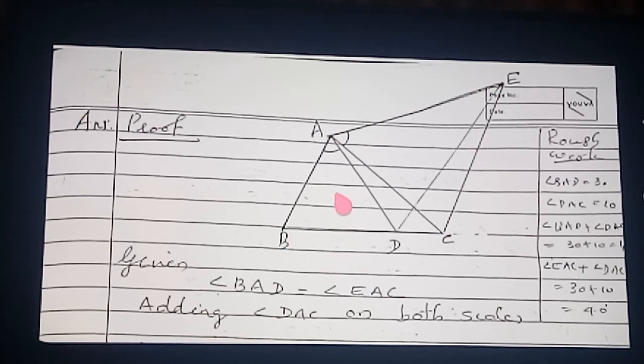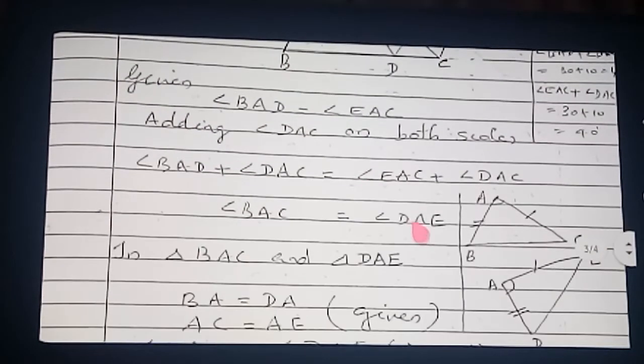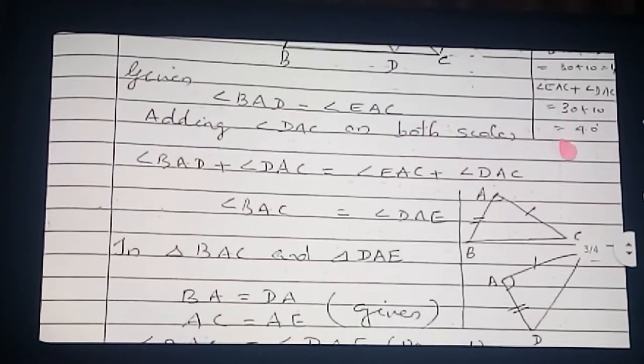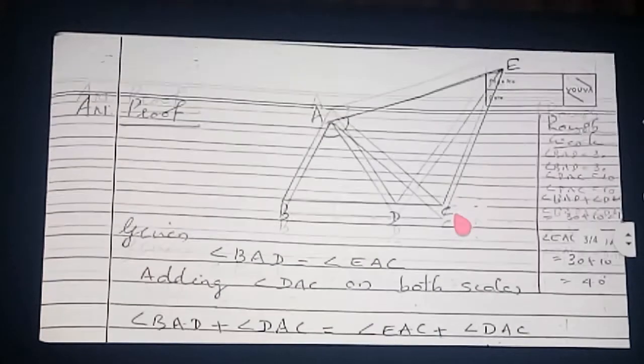So I drew a separate diagram for you. See here downside. Otherwise you can't connect the points properly. So here actually one point is extra; the remaining points are all given in the question. AC is equal to AE, given in the question. Now you read the question. AC is equal to AE is given, and AB is equal to AD is also given in the question. See here.